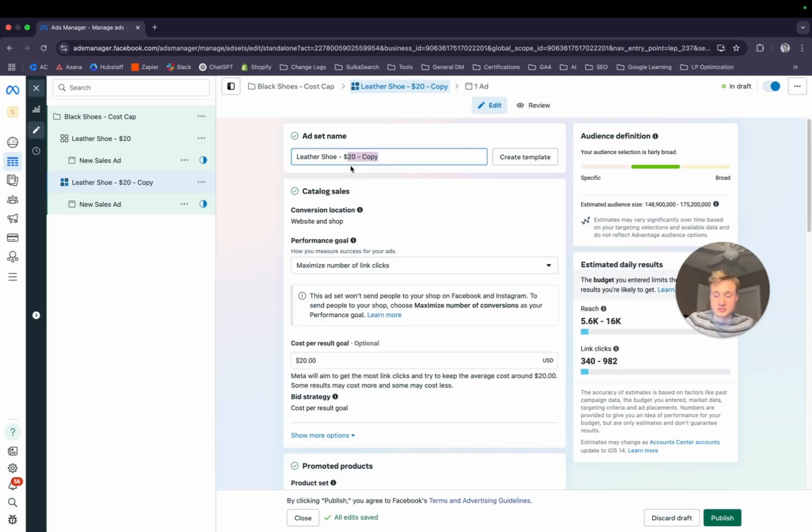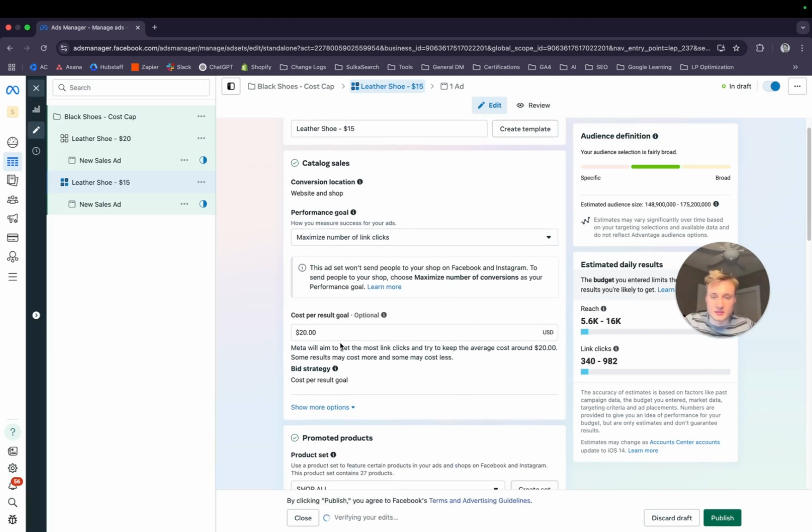You would do leather shoe, and then maybe you want to do a $15 cost cap ad set, and you change that cost per result goal to $15. Then you could go back to $10. Maybe you want to be a little more aggressive and do like $25. I would do 3 or 4 different ad sets at different cost caps, and try to see which one Meta